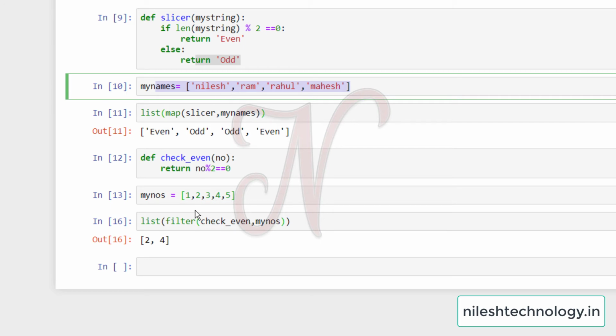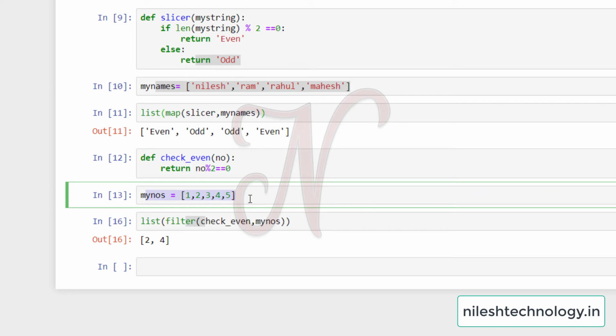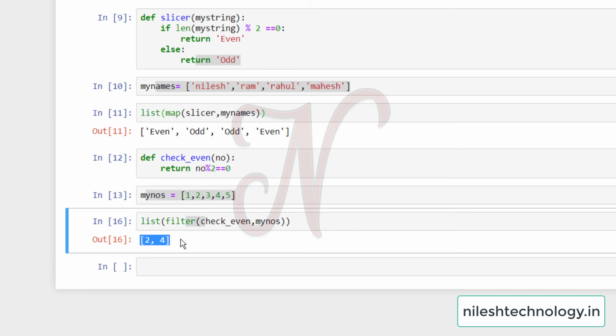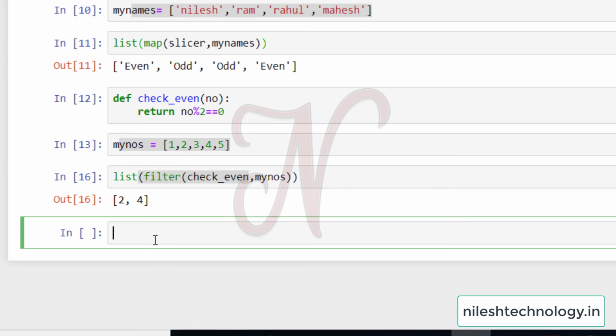But in filter, in my numbers there are 5 items, and on output there are only 2 items, meaning the filter function retrieves those items when the condition becomes true, otherwise it skips the item. So this is the difference between map and filter.